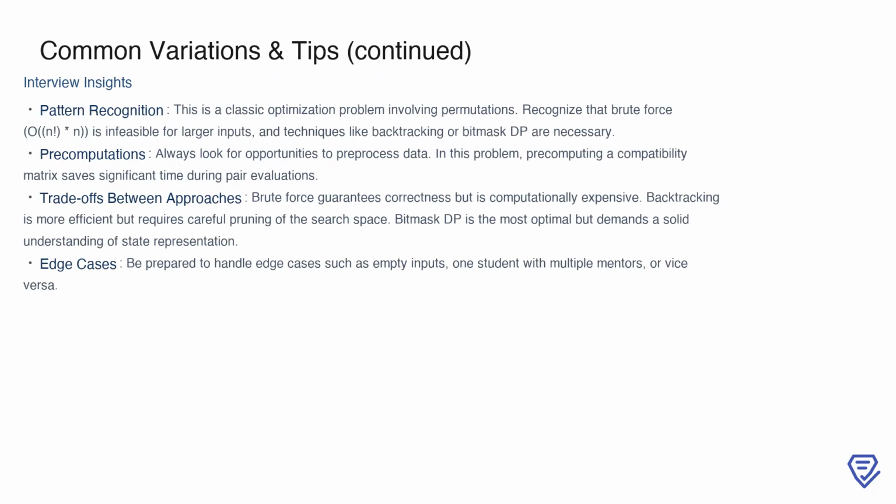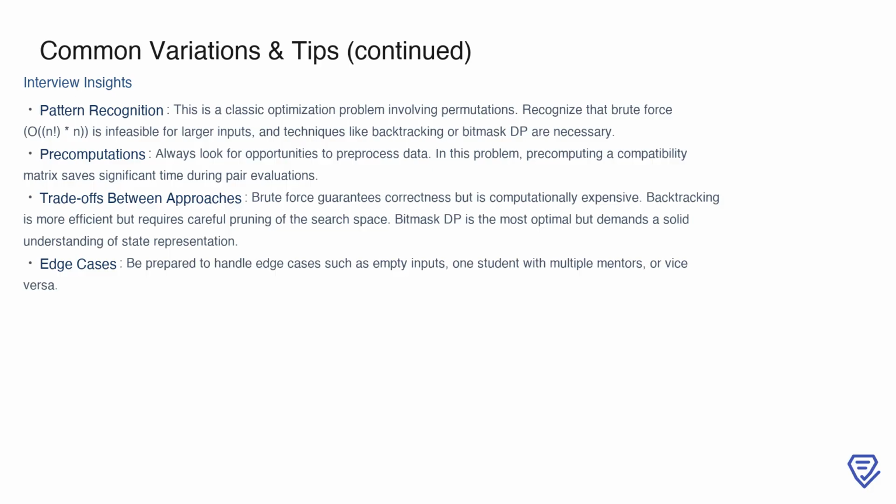When tackling this problem in an interview, there are a few insights to keep in mind. Recognizing the underlying pattern is crucial. This is a classic optimization problem involving permutations. A brute force approach, while simple, becomes computationally infeasible as the input size grows, so techniques like backtracking or bitmask DP are necessary. Pre-computing a compatibility matrix is another key insight, as it significantly reduces redundant calculations during the pairing